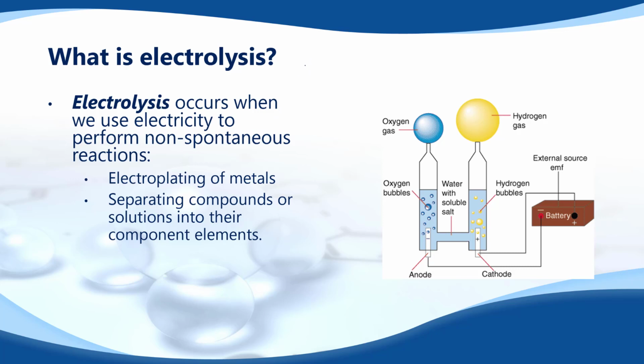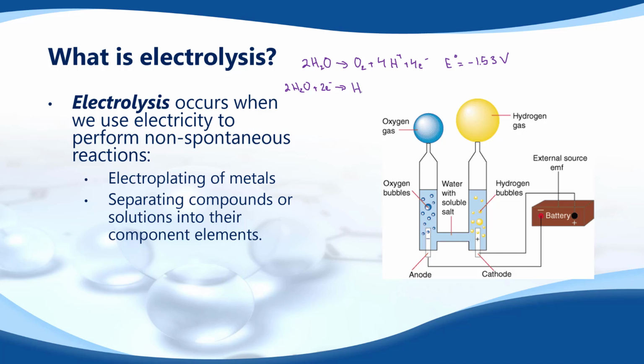Right, so we have a half reaction for water being 2H2O yields O2 plus 4H+ plus 4 electrons, and this has an E standard value of negative 1.53 volts. The other reaction for water is going to be 2 water molecules plus 2 electrons